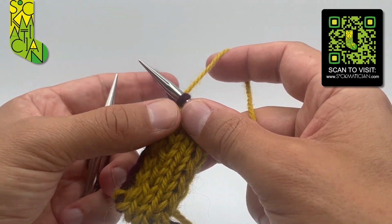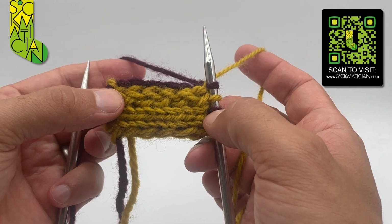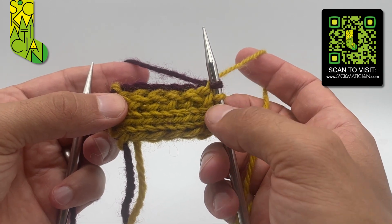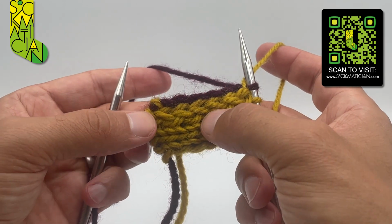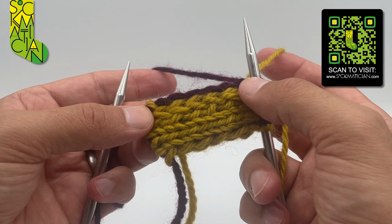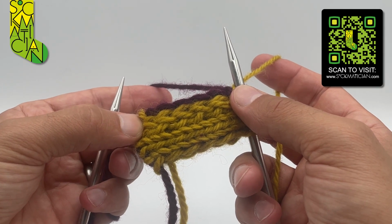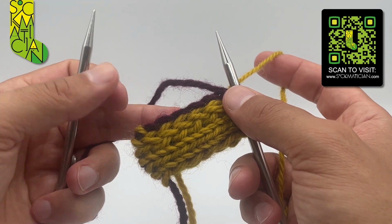Then without turning the work, I've got to rotate the piece 90 degrees clockwise and pick up 5 pairs of stitches along the side of the work. So there should be 1, 2, 3, 4, 5. There should be 5 nice juicy stitches there ready for me to work into. And I do that as follows. So going in from front to back, insert the tip of the left needle, the one that's not attached to anything at the moment,